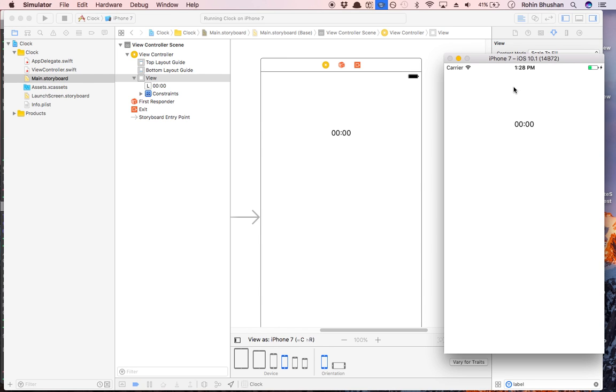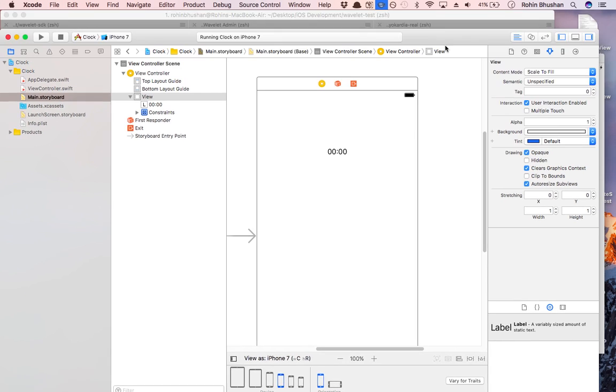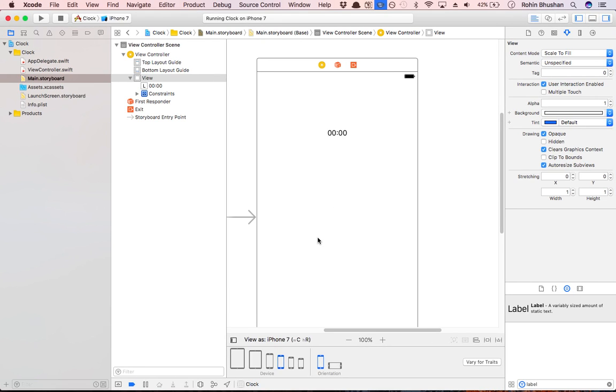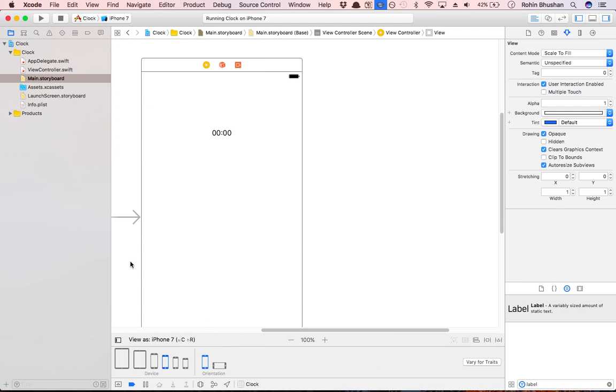So there you see it. It's working the way we want it to. Great. So now we're going to start linking this to some code. And to do this, we want to make a little room on our screen, get rid of the view hierarchy,